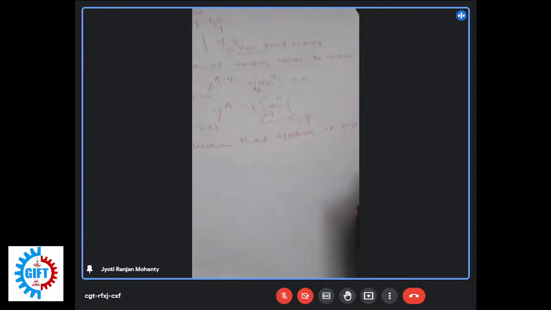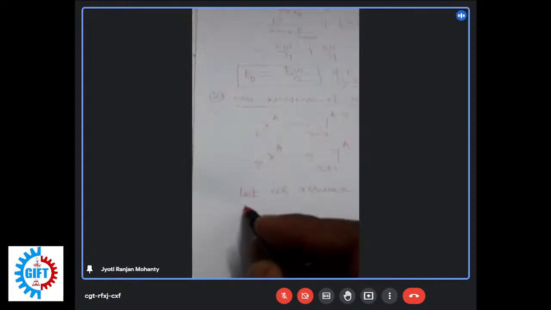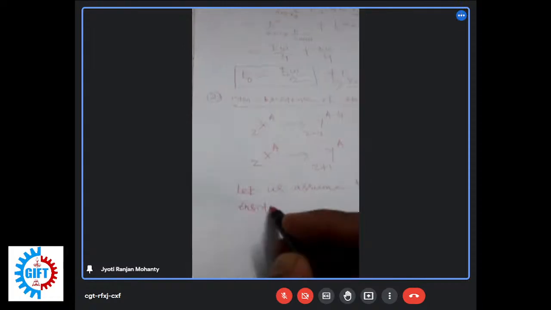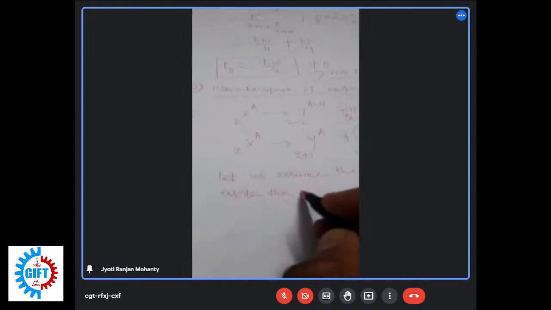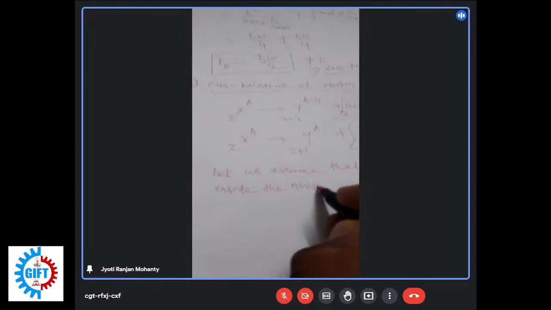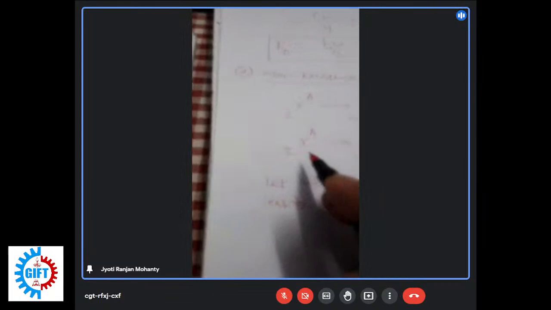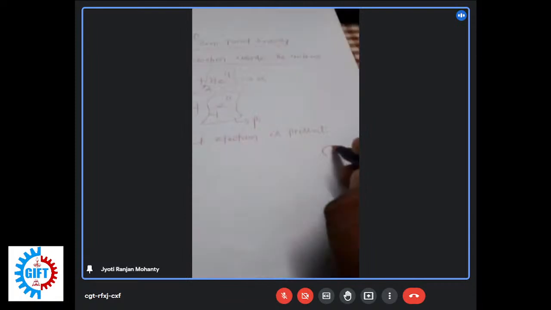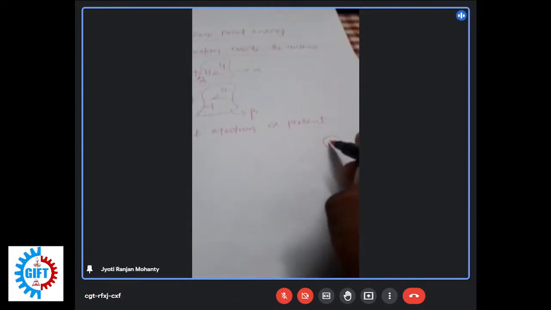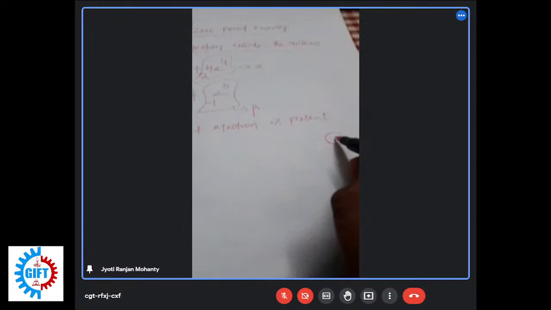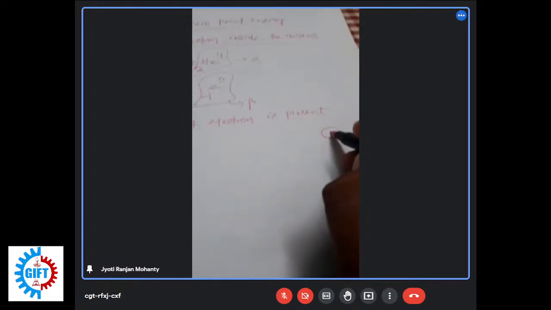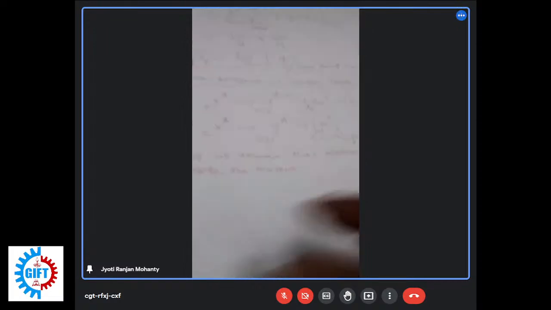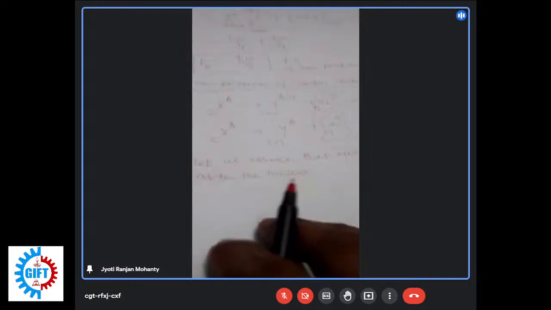Electron is present inside the nucleus. Nucleus means this parent nucleus. You see, this is the structure of the nucleus. Let electron be present inside the nucleus. Okay? So if electron is present inside the nucleus,